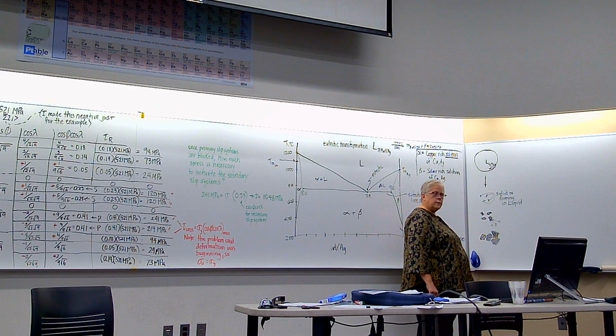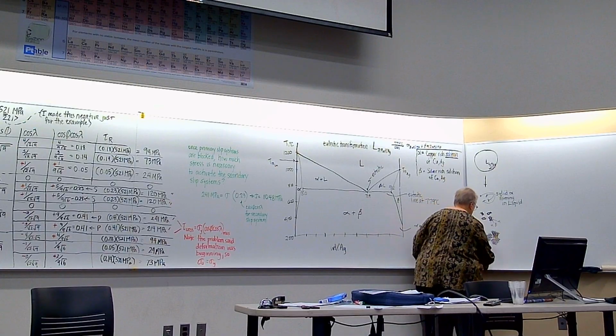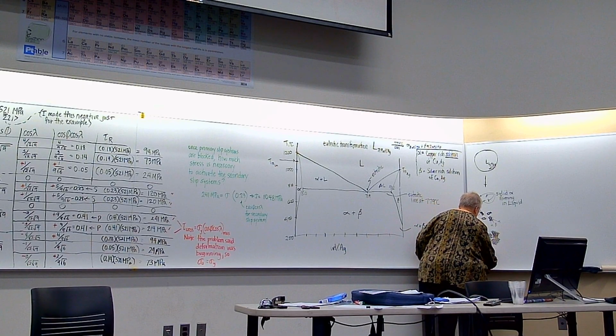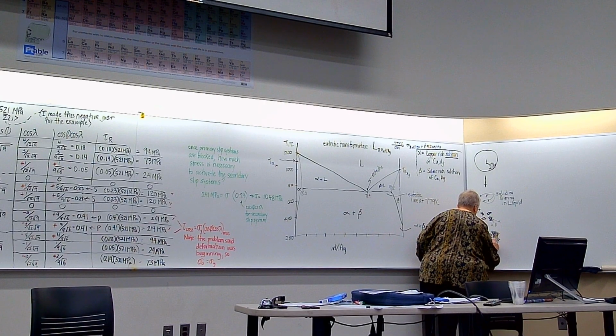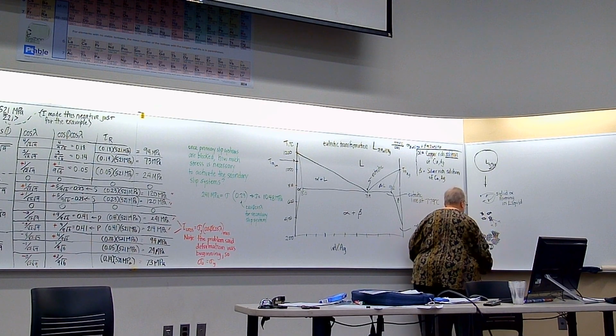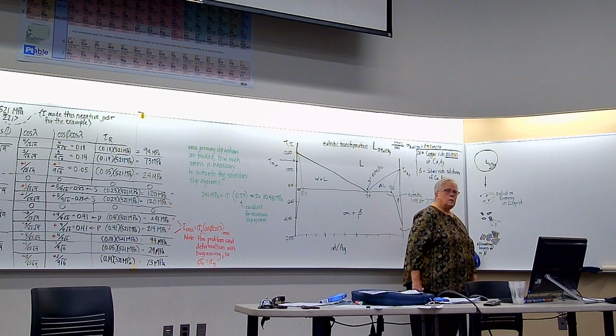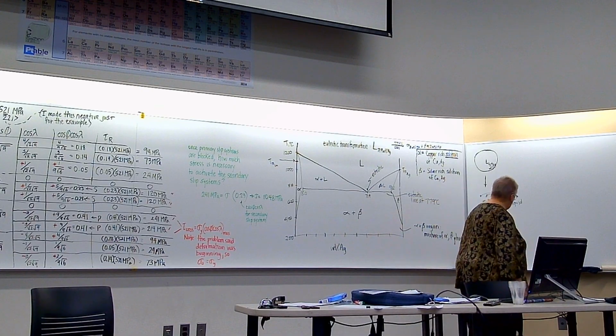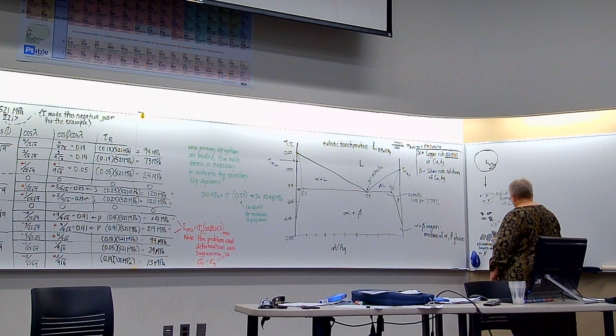Layers of alpha and beta, alternating. Alternating layers of alpha and beta. That's one common sort of structure. Another